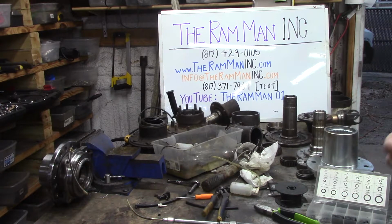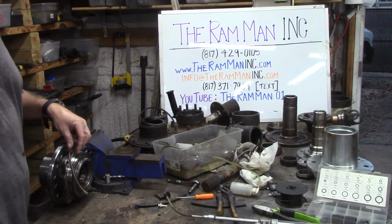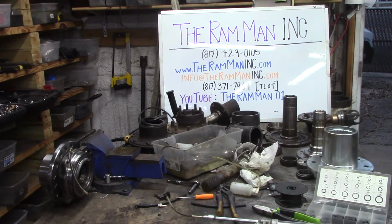Working on this second design of the remote greasing hubs. I made a little video and kind of did a teaser on the other design, but I think I've homed in on this design. It's a little bit more effort out of me, or us machine boys, but it works out best for everybody. So once again,